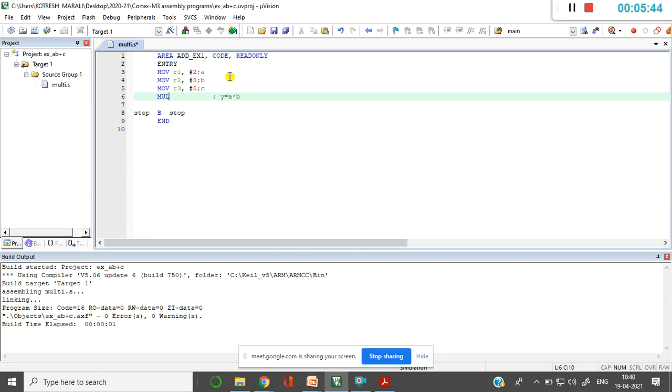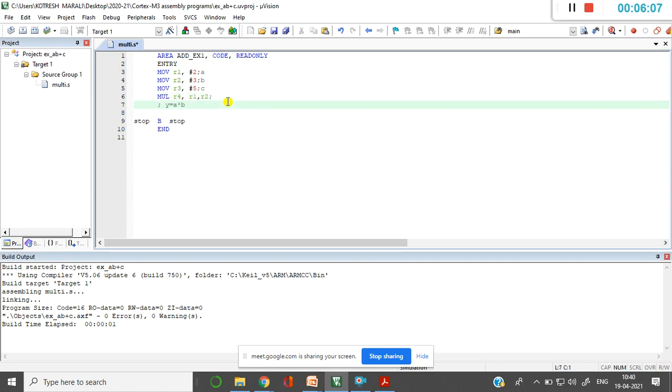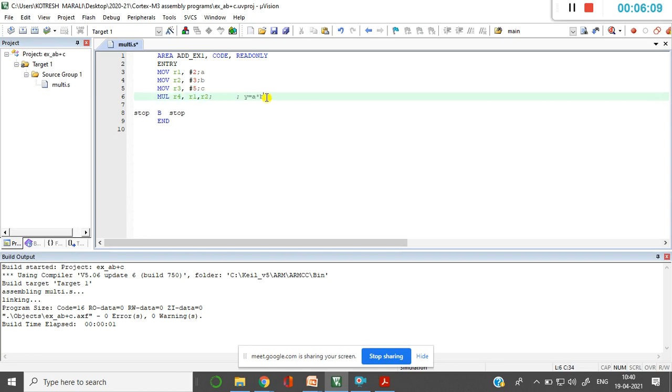So I will be using a simple MUL instruction here. MUL R4, to be assigned to one of the registers. Let me assign it to R4, the output register. Then I need to perform multiplication of A and B. So where is my A? It is in R1 and R2. It is B, right? So I'll just perform this. Then next, in the next line,